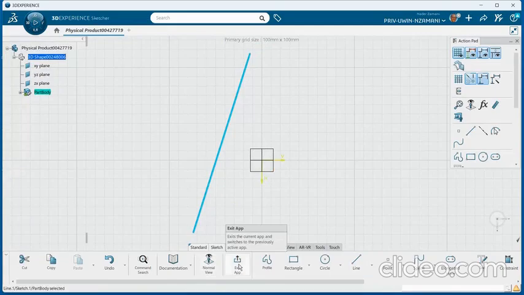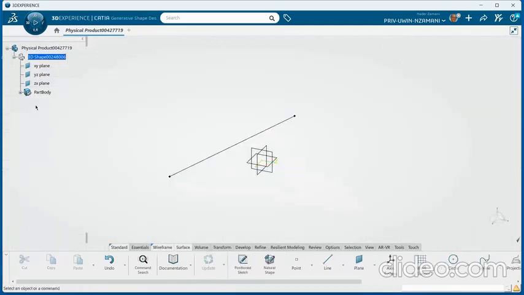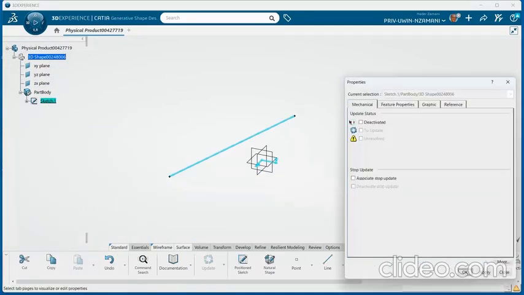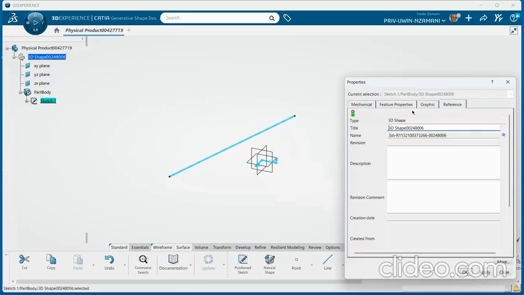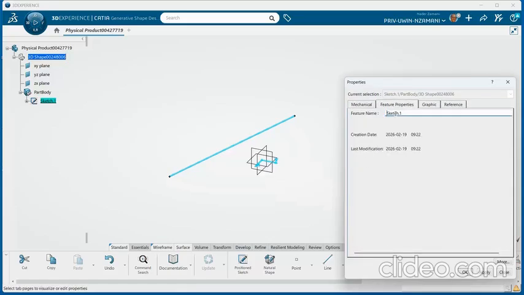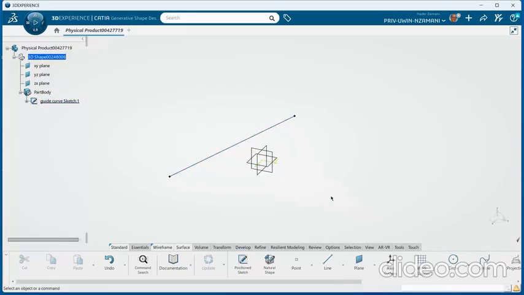Okay, exit. All right, and this is going to be my sketch one, and I'll rename this to guide curve, just so that I have a better idea of what these things are. Guide curve. Okay, good. And in the same XY plane, not the same sketch, same XY plane, I'm going to draw another